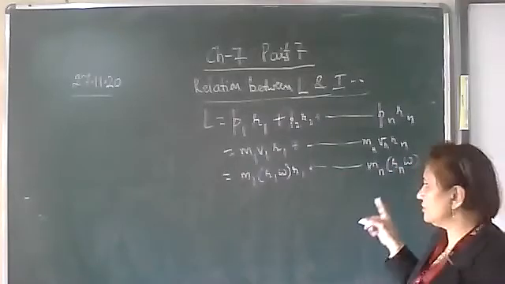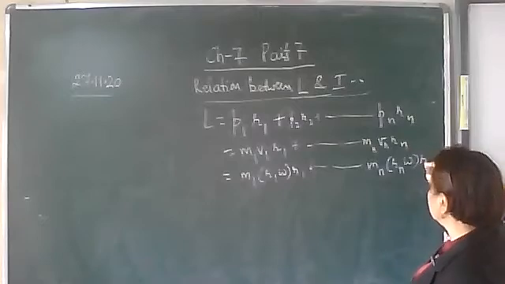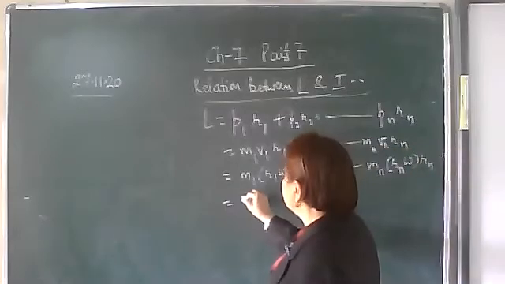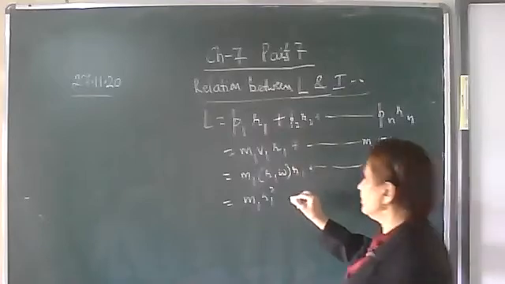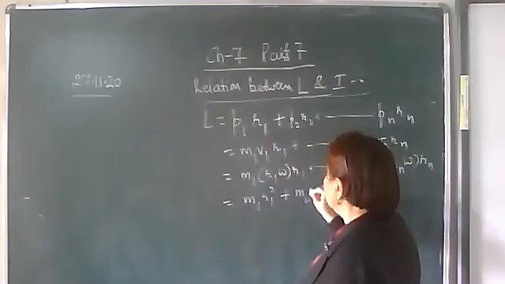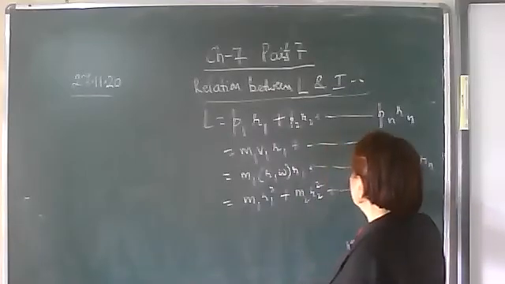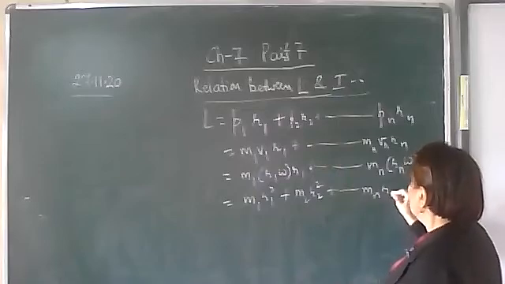Angular velocity omega is constant for every particle. So this can be written as m1 r1 square, for the second particle m2 r2 square, up to mn rn square,